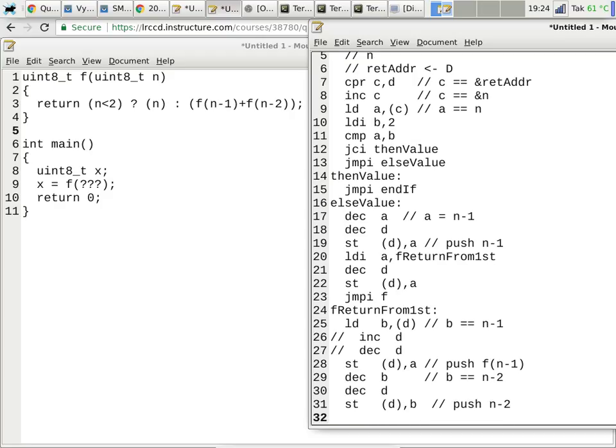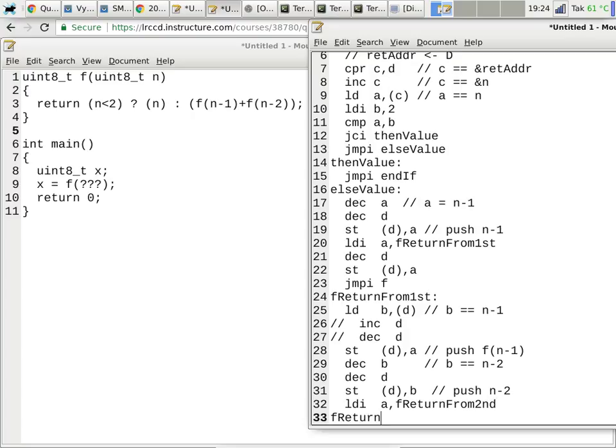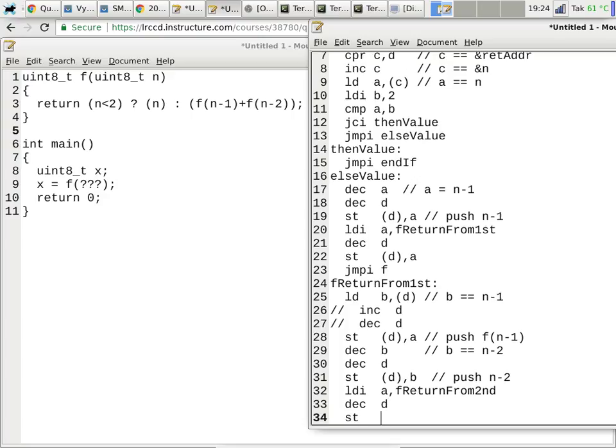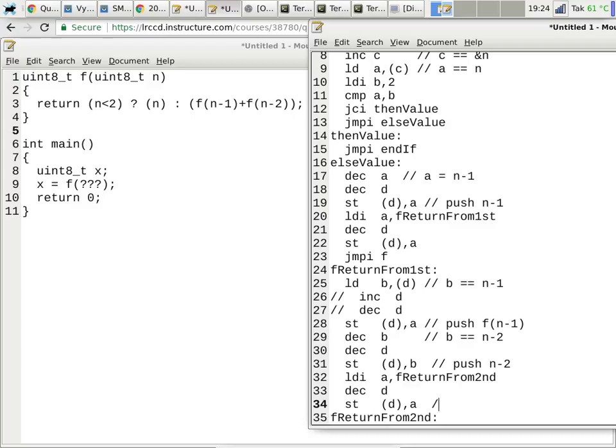Push the return address on the stack, LDI F return from second. F return from second is here. So put it, decrement D, and then store to where D points to. So now I have pushed the return address, and now we are ready to continue execution to the subroutine that